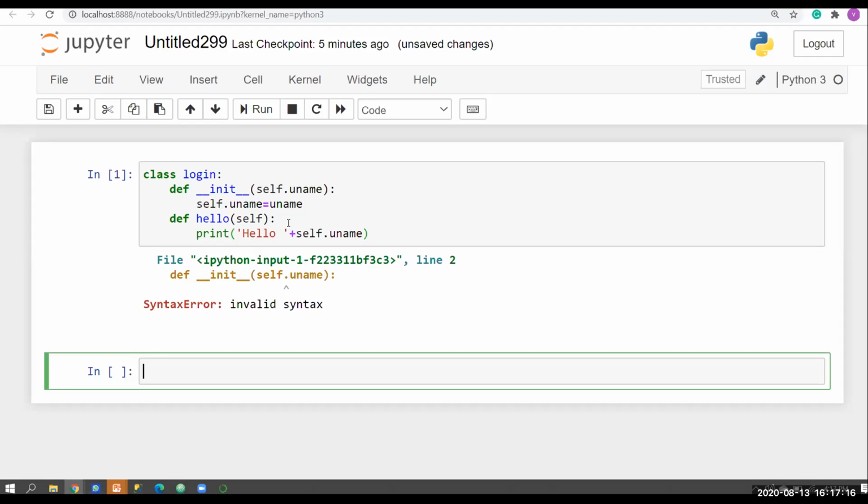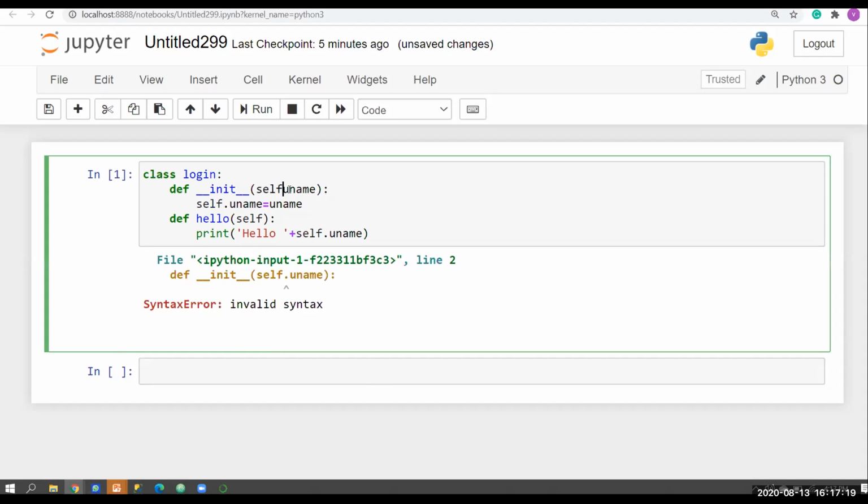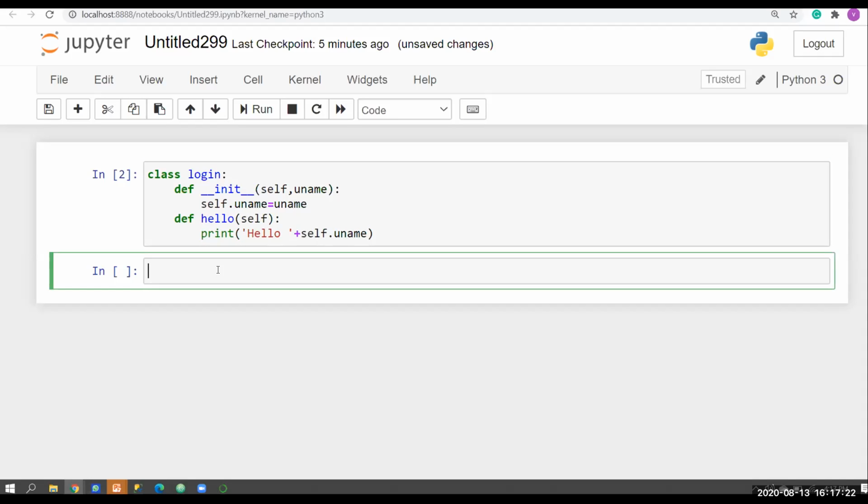It gives an error, we have to add a comma. This is your normal class in Python.